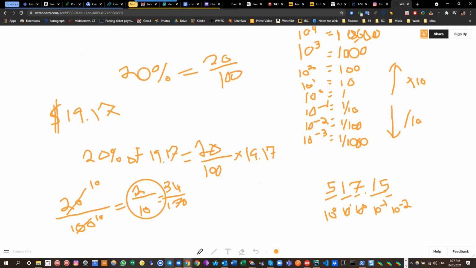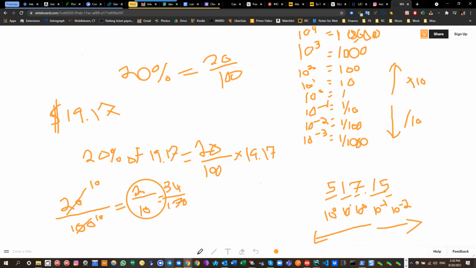So as I go up in exponent, I go left in placement in the number, and as I go down in exponent, I go right in the number. So here I'm dividing by 10. That means I'm going down 1 in terms of exponent. So going down 1 means every number here gets shifted to the right,